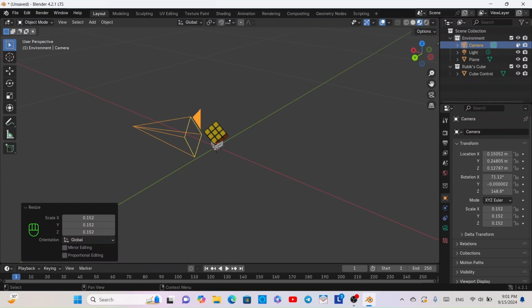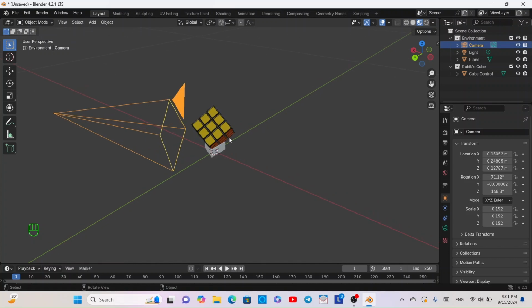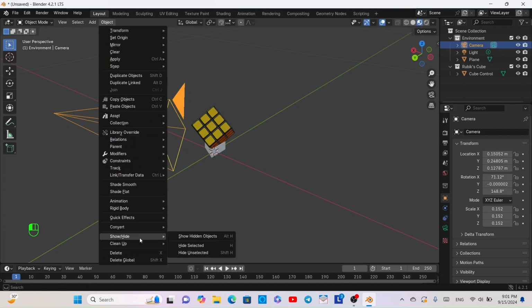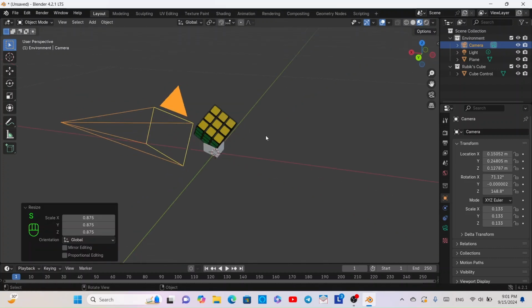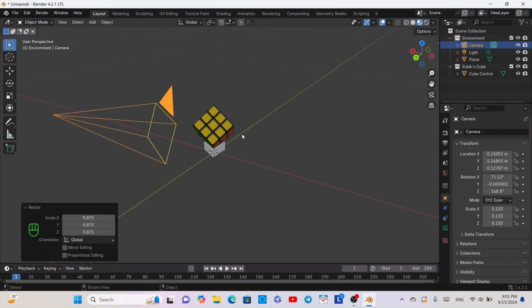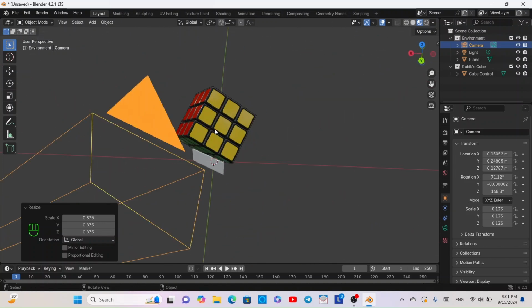If you can't see the camera, make sure to make it visible from the outliner by clicking on this eye. Click on the camera. Actually, I remember hiding this camera in the beginning of the video, but for some reason it's visible already. Yeah, we just clicked here and we unhid all objects. That's why it's visible. Anyway, select the camera and scale it down a bit more until its size is reasonable. And then we want to once again click on the cube